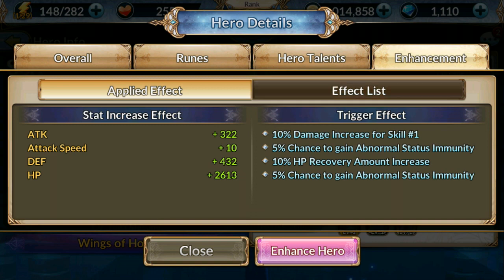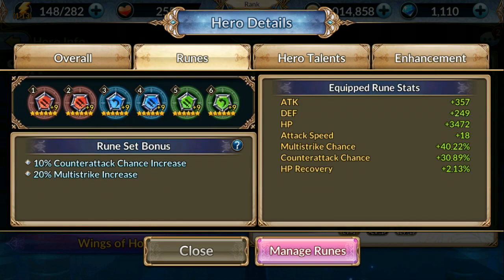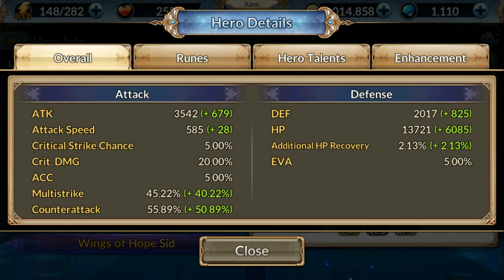I don't know if there's anything else. Everything else is just this. What is it? See, 10% more multi-strike. Beautiful. And 20% more attack, which I don't really care about, but I would do it for the extra 10. It's just that the resources for it make it so that I'd rather get someone else that needs all 6 purple stars than to just give it to him, right? That's how we're gonna